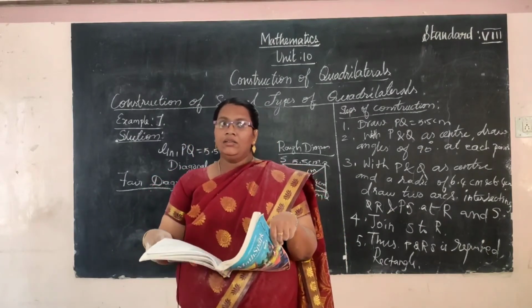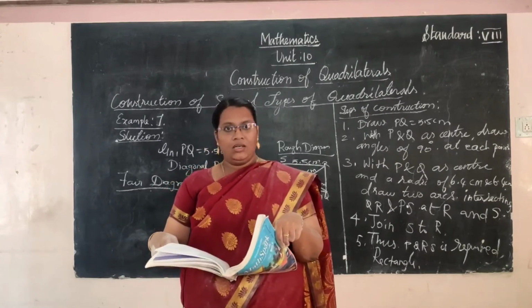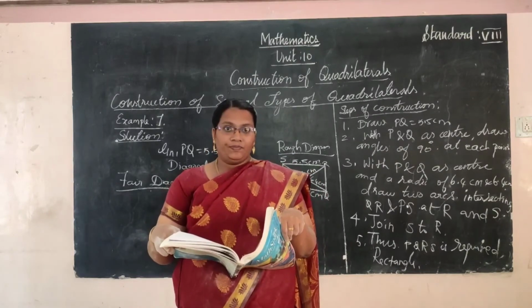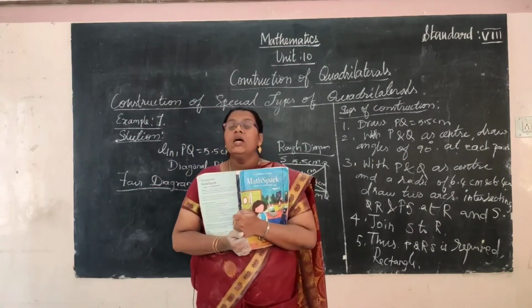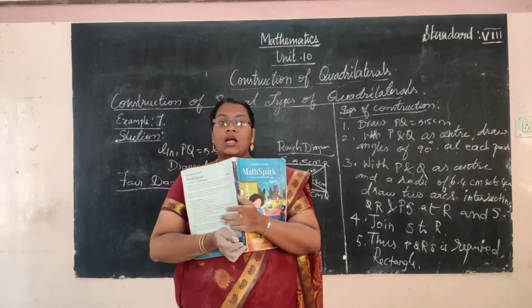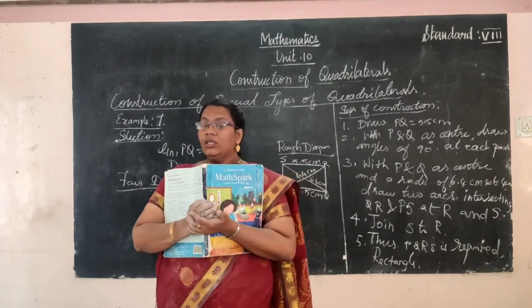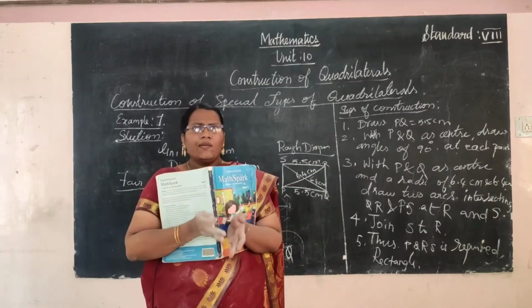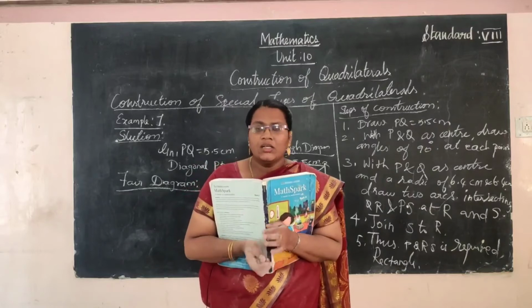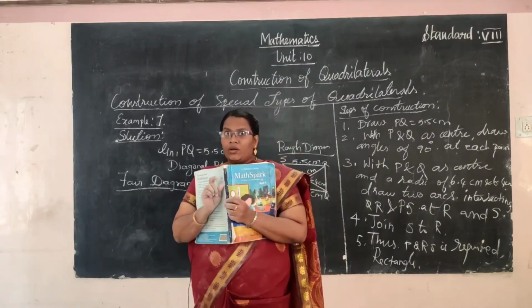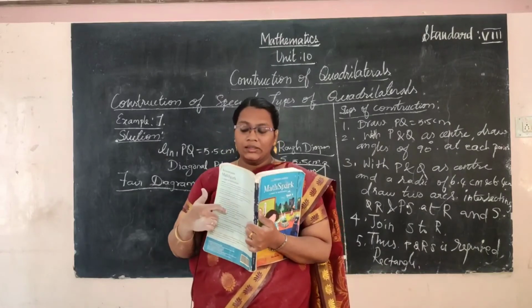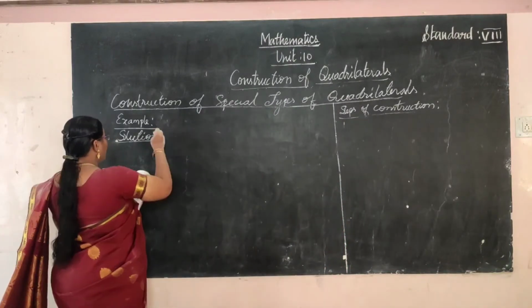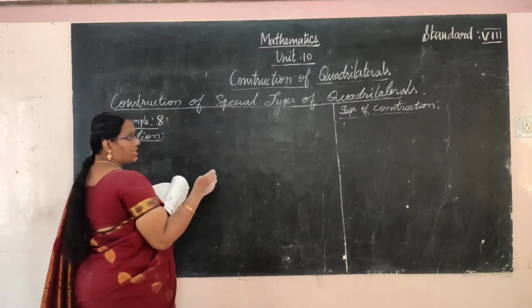You know that diagonals bisect each other at right angle. We have known the properties of the square and rhombus, is it? Diagonals bisect each other at 90 degrees. So they divide equally, in both the square and the rhombus. Using this property we can make a square. See example 8, construct this square.